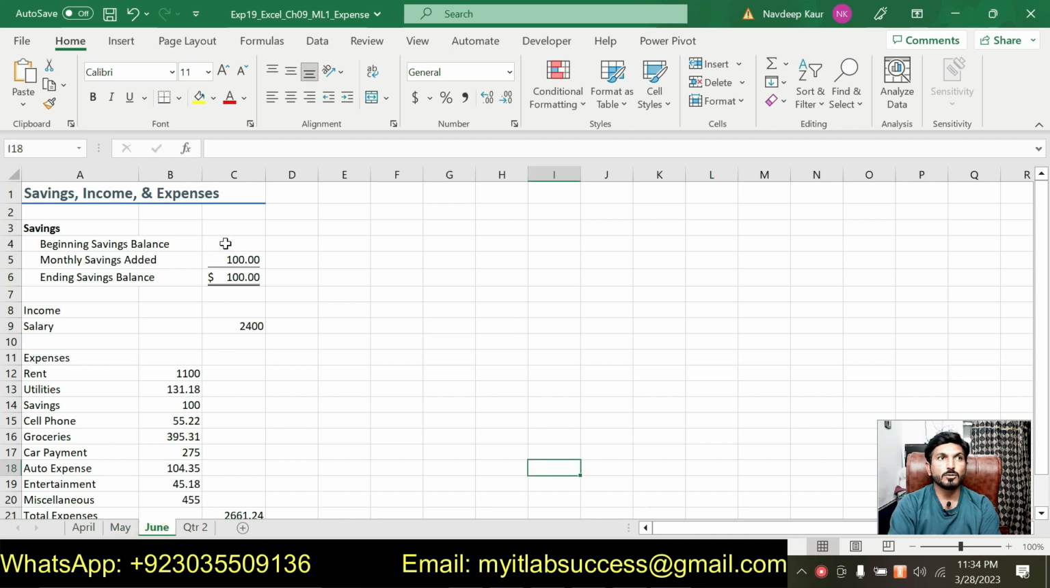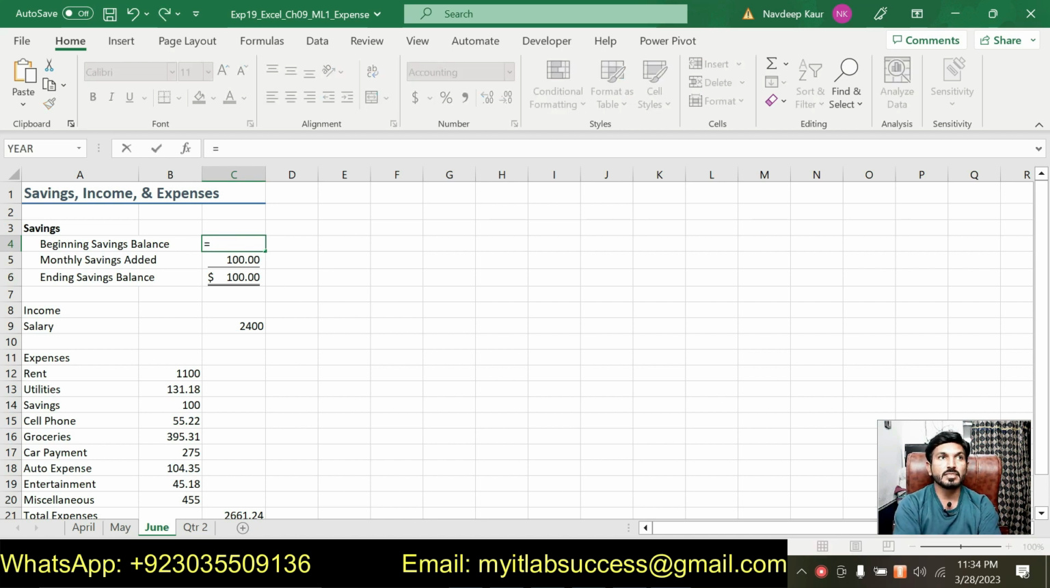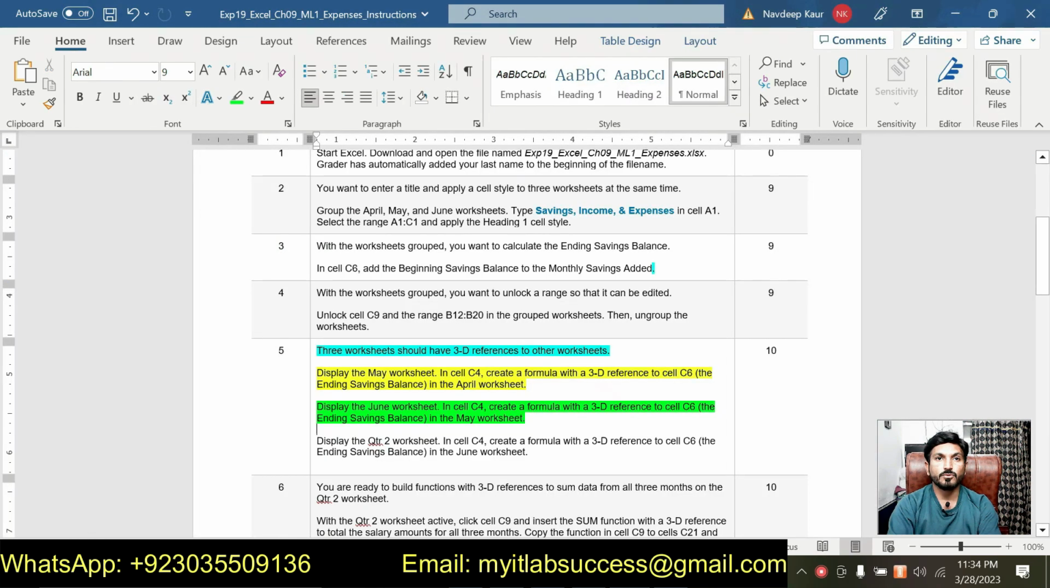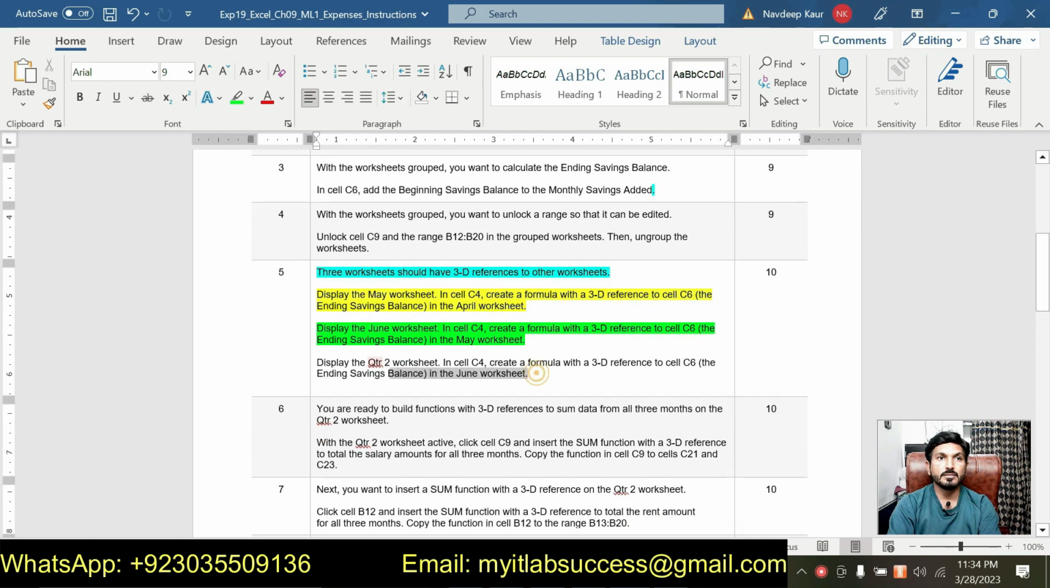For this we will go to the June worksheet and click on cell C4. After clicking on cell C4, type an equal sign and then go to the May worksheet to select our reference cell, which is cell C6 of the May worksheet. Just click on it and press enter. So we got the value for the beginning saving balance for the June worksheet. So that is for this one. The next thing is